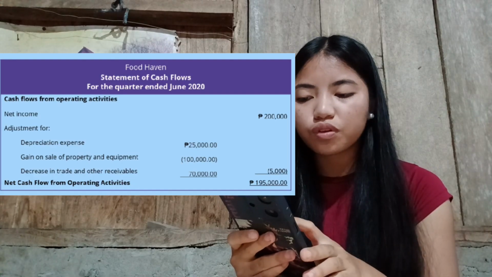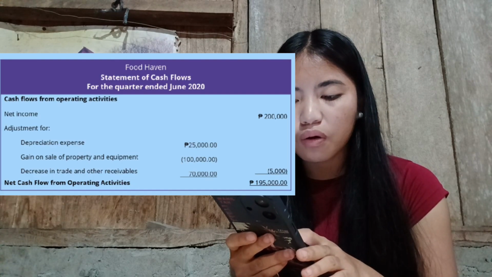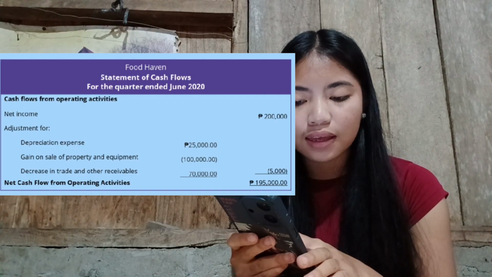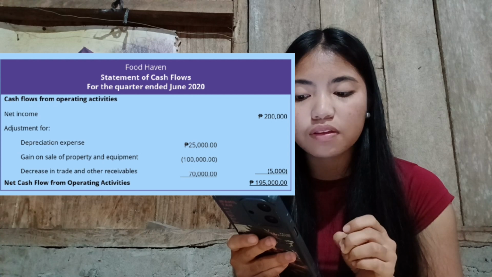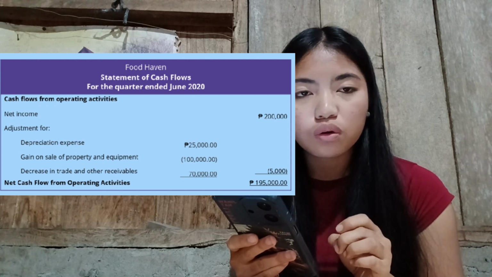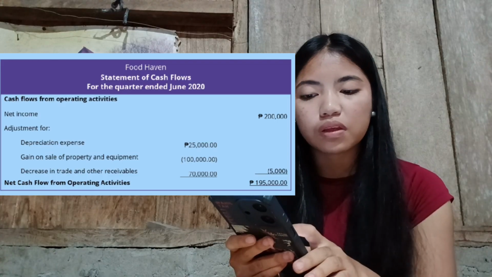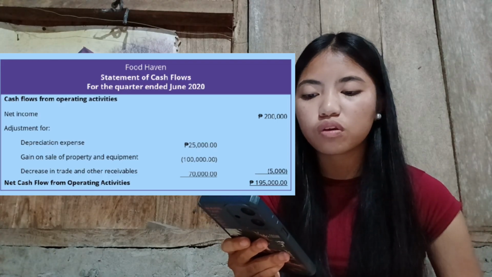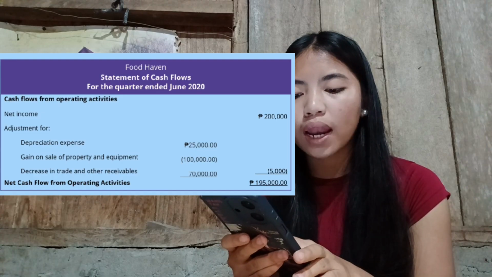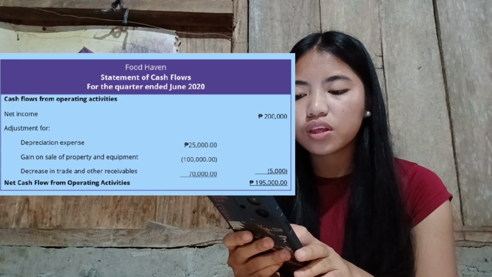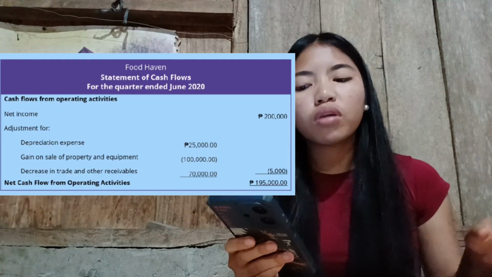So as what you observe, naa tay 5,000 nga nalahian na. It's because mao ni siya ang adjustment. Gi-add ang 25,000 pesos og 70,000 pesos, then gi-minus ang 100,000 pesos, maong naay 5,000 pesos. Then ang 200,000 pesos i-minus na pod ang 5,000 pesos in a total of 195,000 pesos, which is the net cash flow from operating activities. So mao na ang